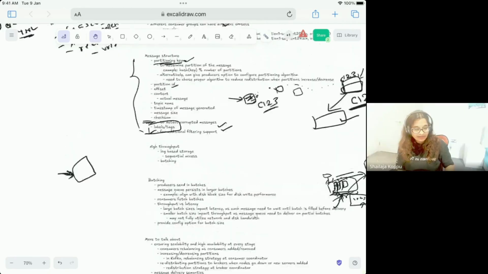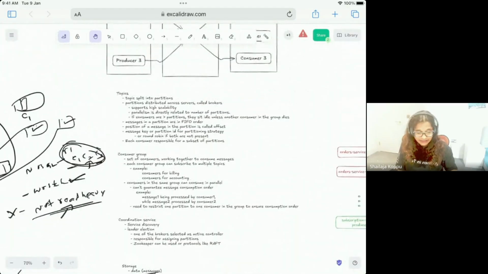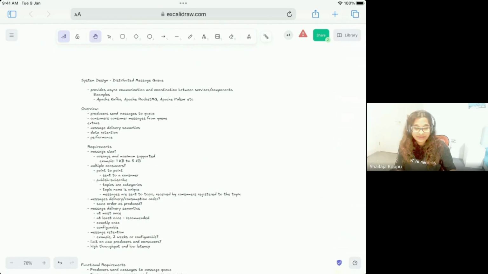Okay, so actually we did that initial part in the previous session. I think you missed that one. So this is how the system design interview starts. Usually the interviewer starts with a single line statement. They simply ask, design an asynchronous communication, a message queue system. They intentionally don't give you a lot of information because they want to check whether you are coming up with a set of proper questions.